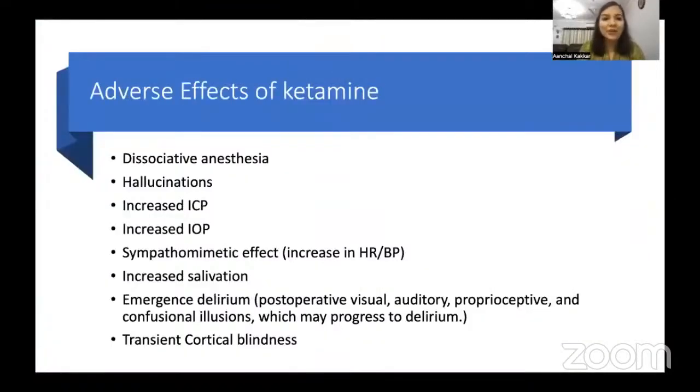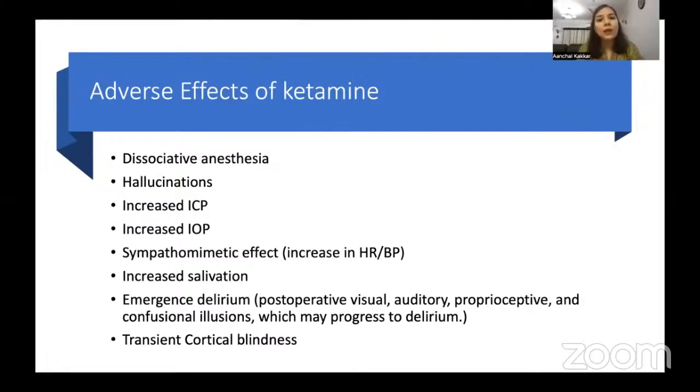Adverse effects of ketamine, we all know that it is full of adverse effects. First and foremost, it causes dissociative anesthesia, which is not very good for the patient. It causes hallucination. It increases intracranial pressure, increases intraorbital pressure. It has a sympathomimetic effect, which is not wanted in patients who have cardiac problems. It increases salivation,